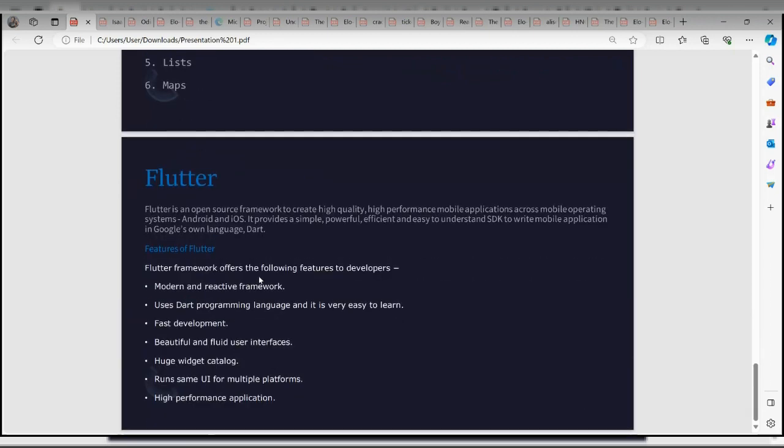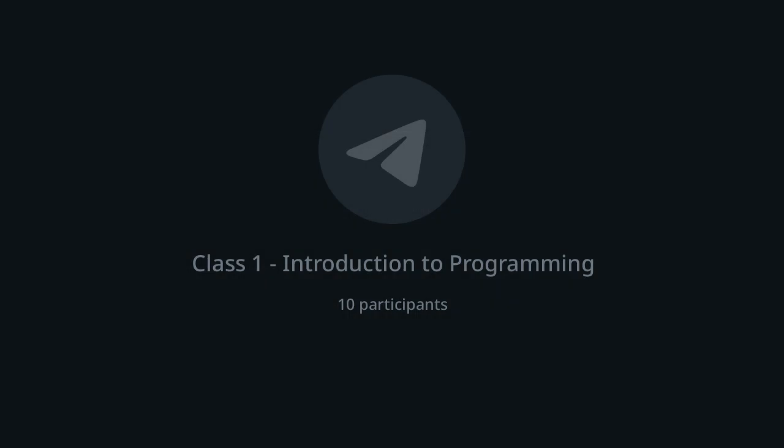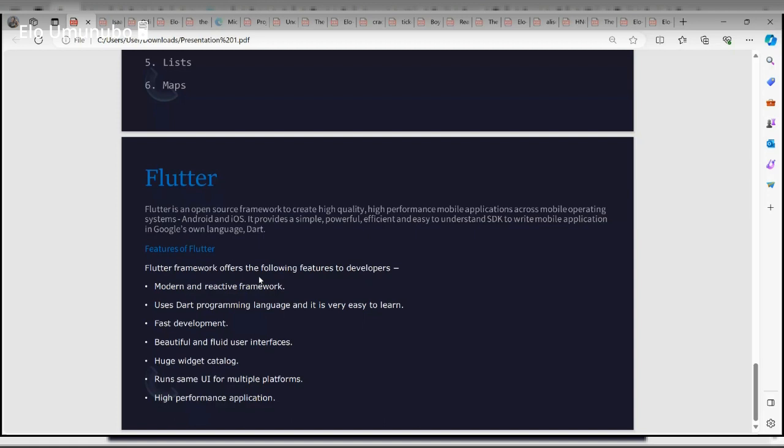Okay. Let's look at an explanation. Flutter is an open source framework to create high quality. Okay, let's take it step by step. Flutter is an open source framework. What do we mean by open source? When we say something is open source, it's open to edit, it's open to addition.